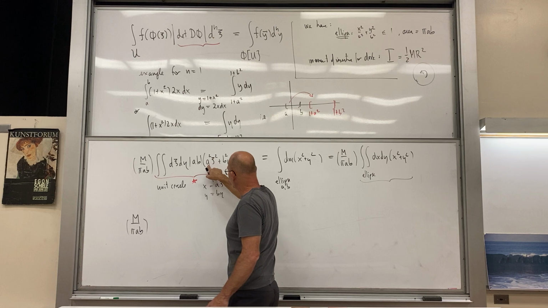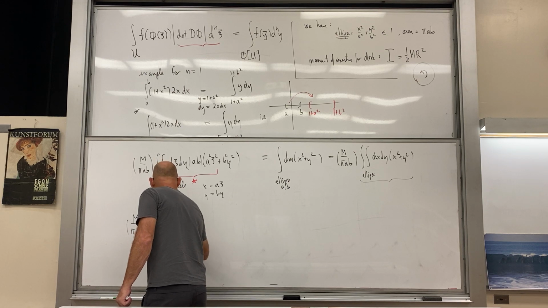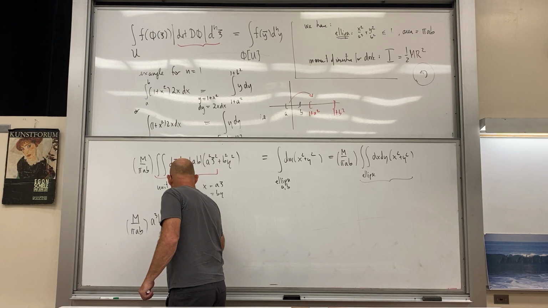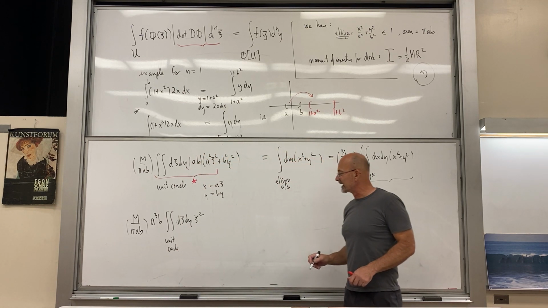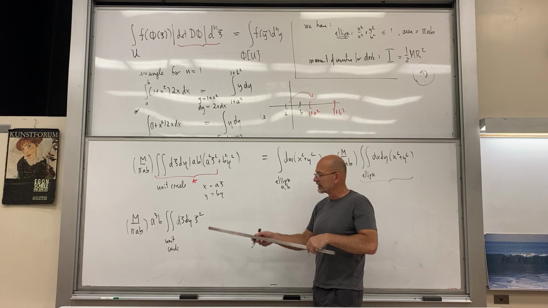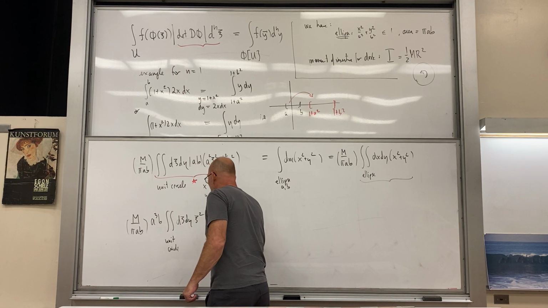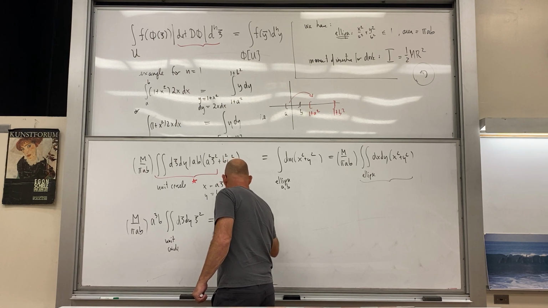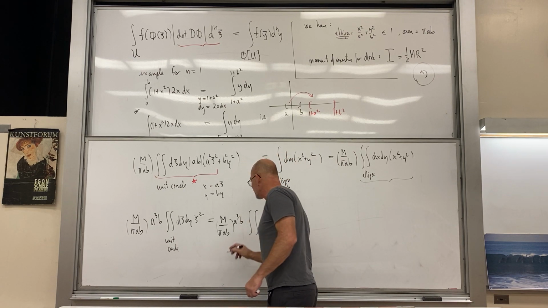Before I do that, I have a cubed b. A cubed b. And now I have the double integral over the unit circle, dc d eta, c squared. So now we're just going to rename things. Since this is a unit circle integral and this is what we would normally call x, and I'll just keep these along with us, we have m over pi ab, a cubed b, and now this double integral, since it's over the unit circle,